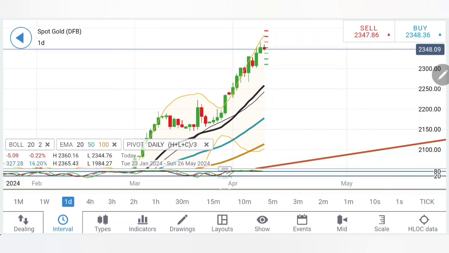Right now it is not showing any such signs of bearishness. That is why I am compelled to give you the buying levels. Yes, if you see it is staying above 2356, you can buy gold. Expect it to move towards